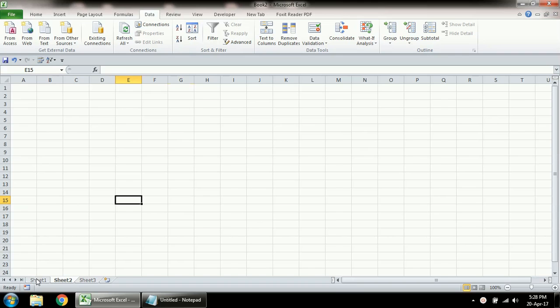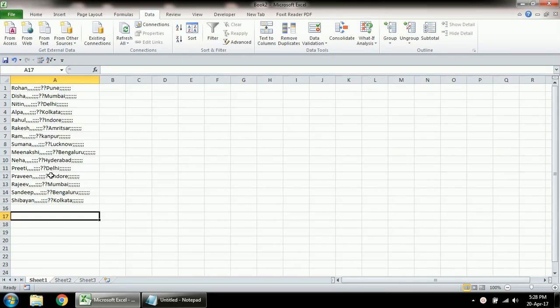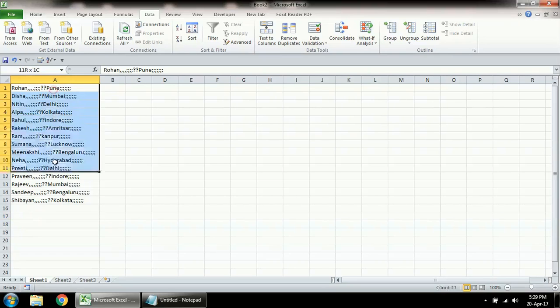So I'll go back to sheet 1. You can see first we have the student name, or maybe any employee name, and then we have the city name. Both the columns are merged with some special characters. If we want to divide both the names into separate columns, first we will select the data,